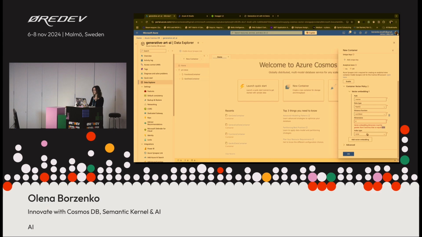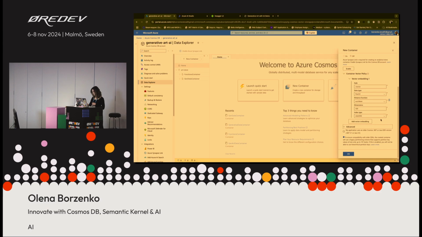So you can see the maximum amount of dimensions. This is important for when you select an index type. For example, if you say flat, this is allowed, I think, for like 500 embeddings. This is enough. But if you want to use DiskANN or quantized flat, it should tell you that you have to have at least 1,000 something vectors, the vector representations of your data. I'm not sure why it's not highlighting now, but this is also part of the documentation. It's important to have enough dimensions for the index type that you're choosing.